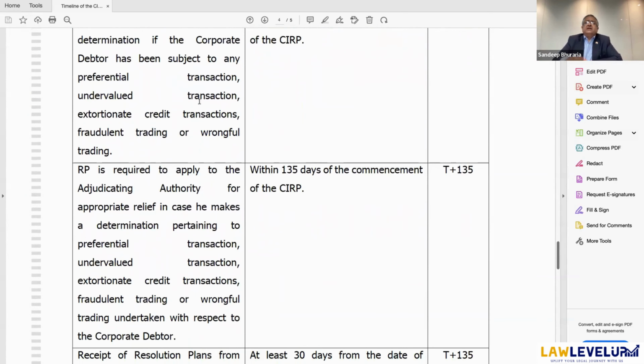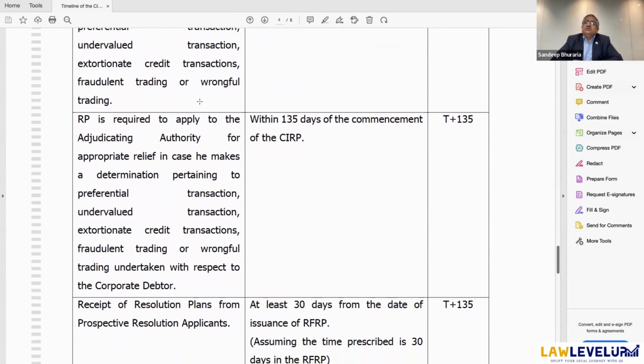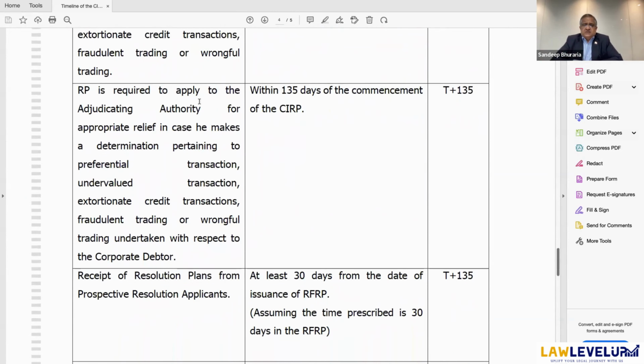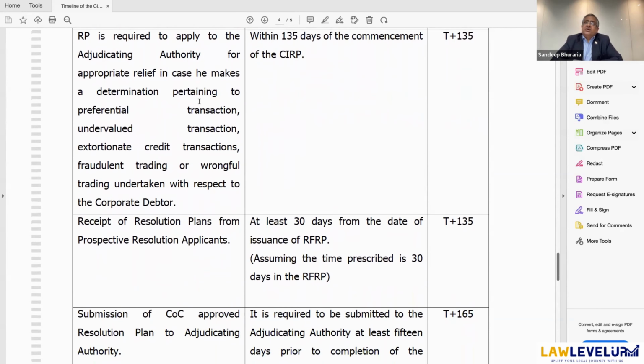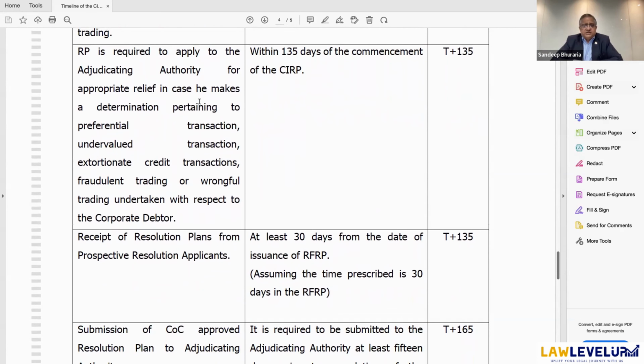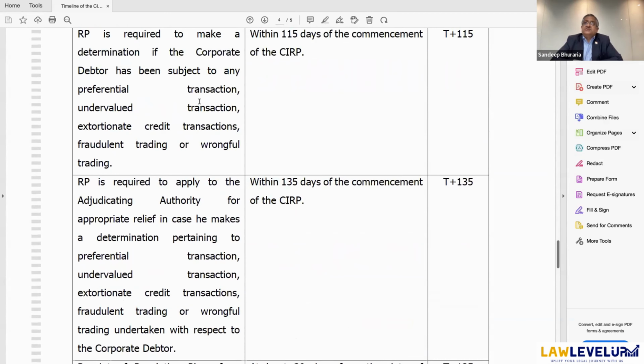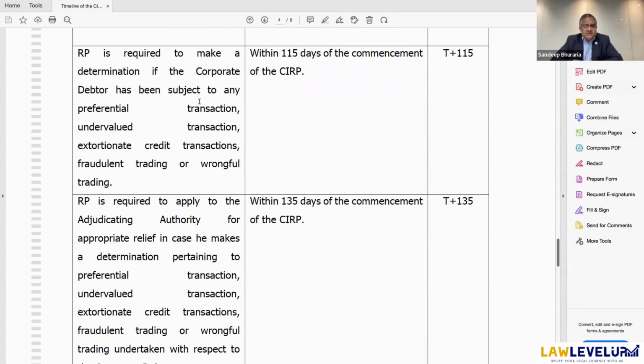I will skip ahead. Once the resolution professional has taken charge, then within the 115th day of the initiation of CIRP proceedings, he has to identify if there are any preferential transactions, undervalued transactions, fraudulent transactions, or wrongful trading transactions. And once he has identified these within the 115th day, then within 20 days of that 115th day, he will have